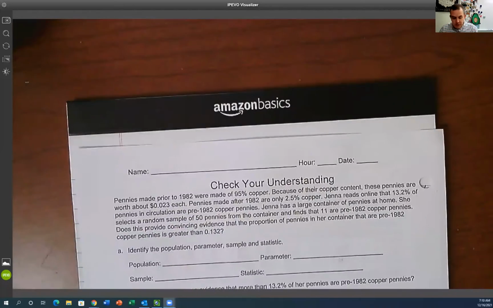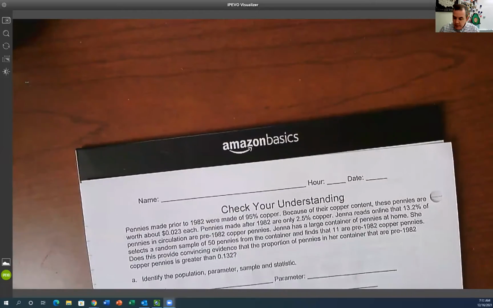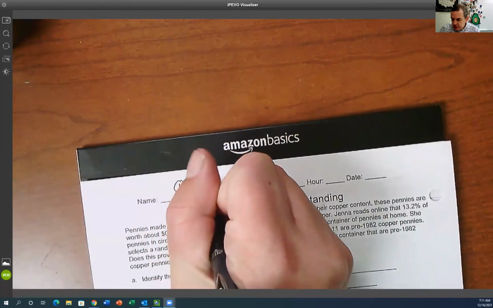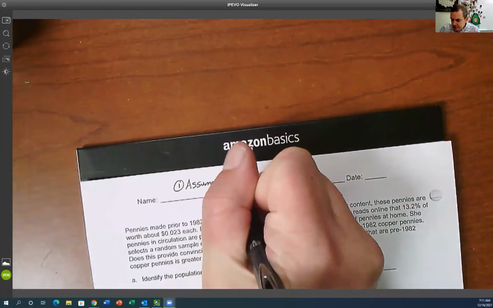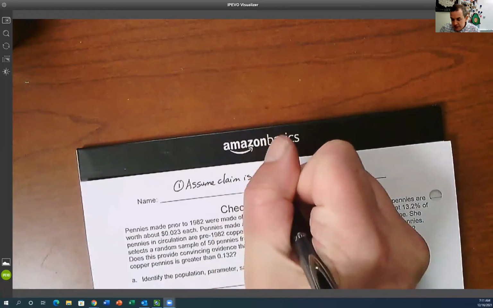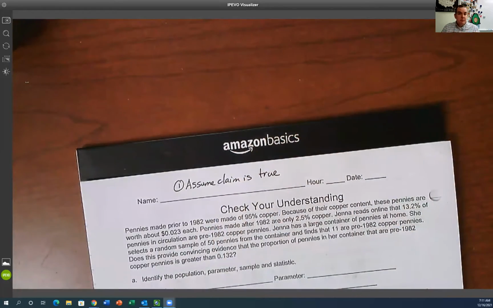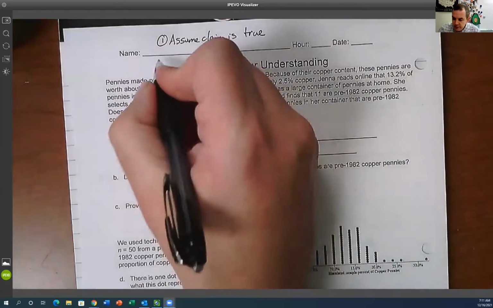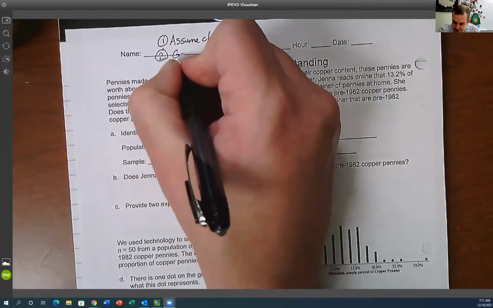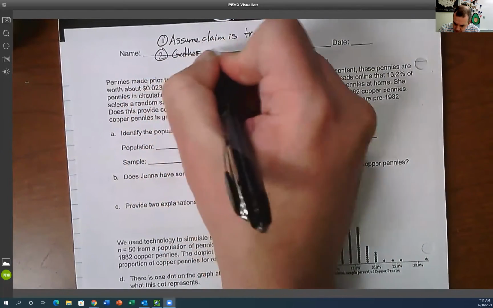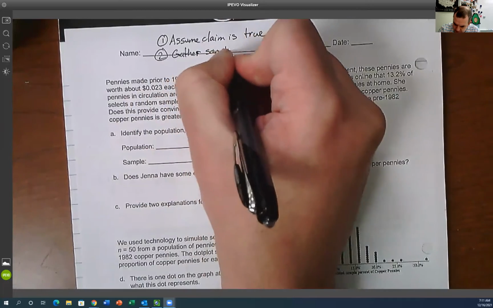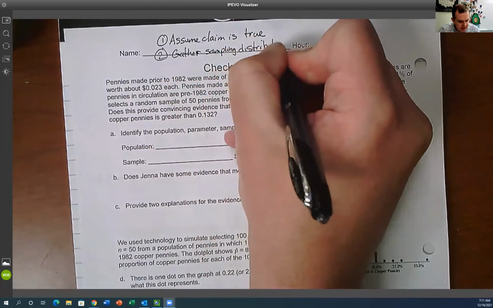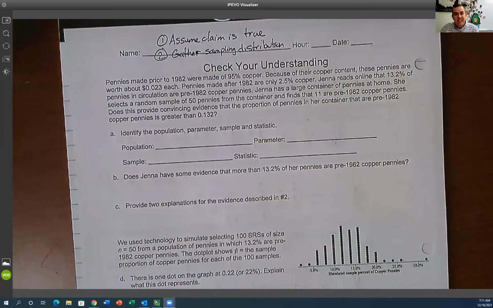The thing I want you to always realize when we evaluate a claim is that the first thing we are always going to do is assume the claim is true. Whatever someone claims, we're going to grant them it, or say, hey, we believe you. Whatever you're saying is true. What we are going to do is gather a sampling distribution, and we're going to use that sampling distribution to find the percent chance of